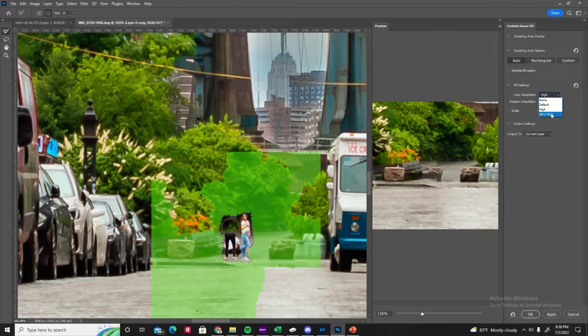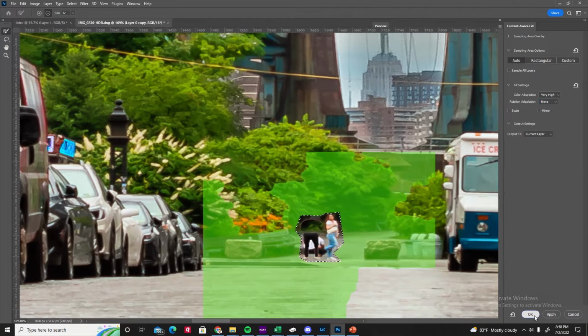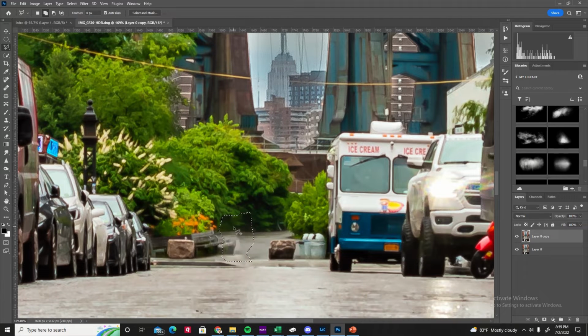You know, I'm not a huge fan of that. That looks better. And what you really have to do is play around with your settings and see if you're able to get anything that you like. You know, I think that's okay. We'll go ahead and save this to the current layer, and then